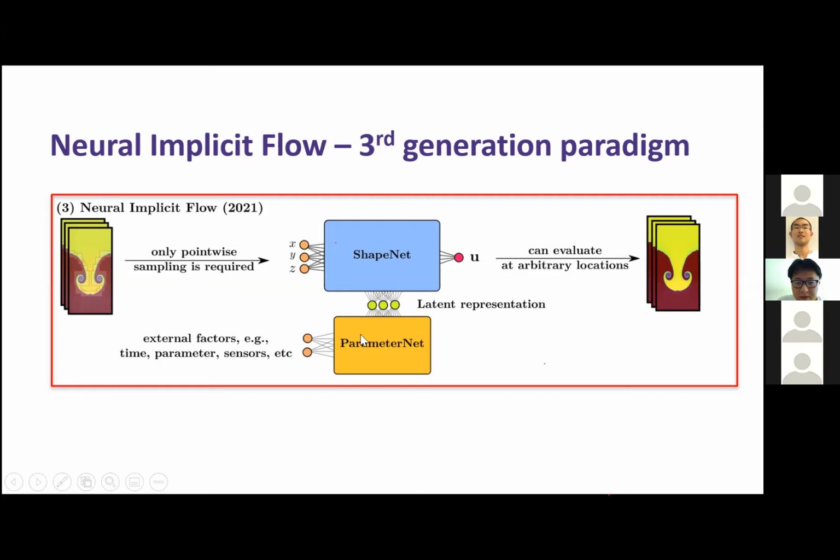So another important thing to notice here is the training. When I'm training this neural implicit flow, it's just a very simple supervised learning problem. What it does is just make sure the mean square error between U and U true is minimized. And by optimizing all the weights and biases in the parameter net, because anything in the shape net is determined by the parameter net, there's nothing to optimize in the shape net. The only thing you need to optimize is in the parameter net. And there's a big linear layer over there.